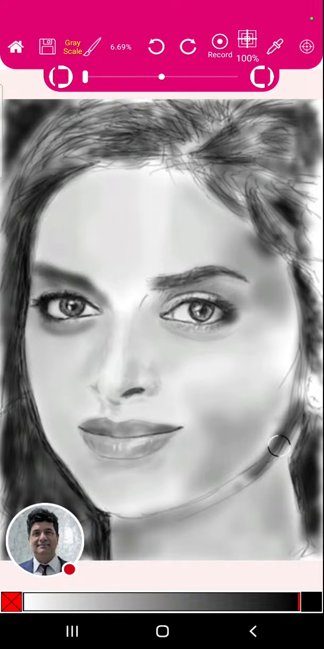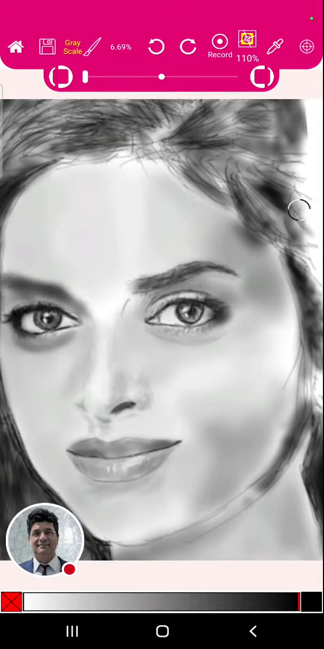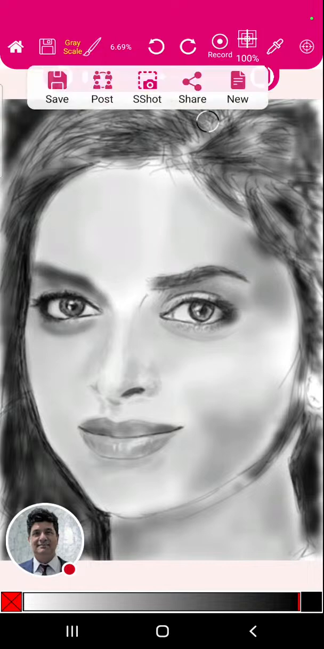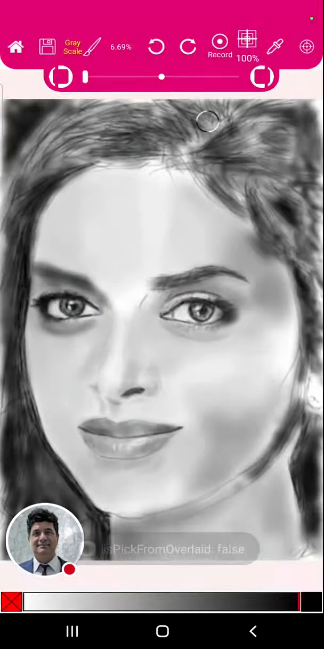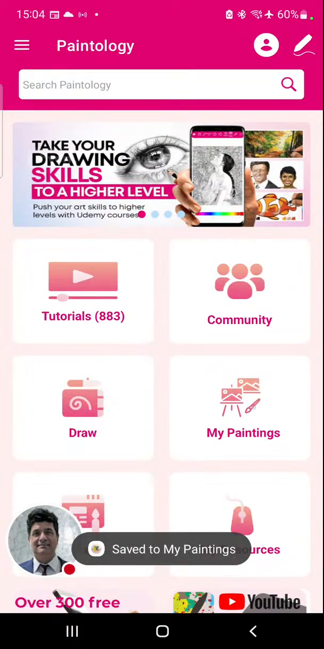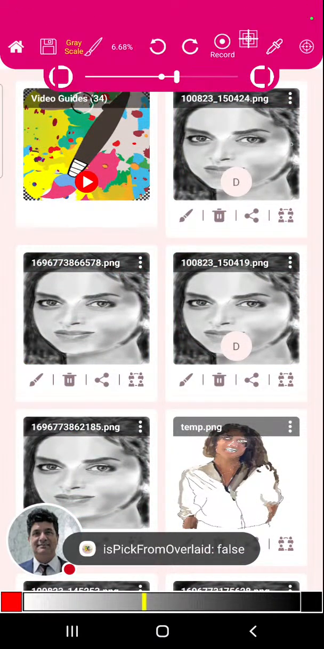Let's see. I gotta do the, let's just fix this on that side. Okay, there. And then I'll show you the, let's do that for now. Okay, let me now go and save it. Then go back. Then I'm going to open it up again, my paintings. And then